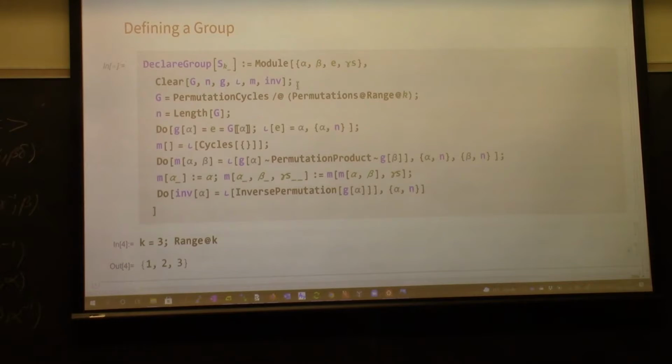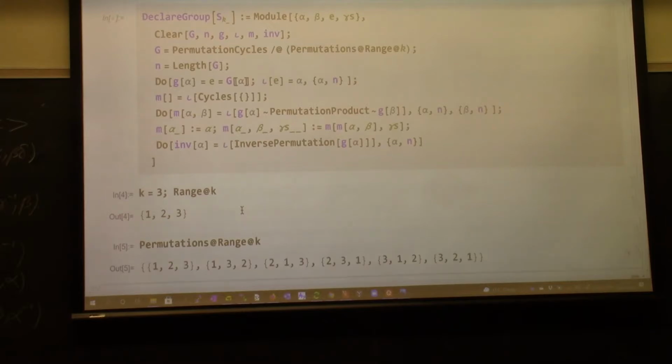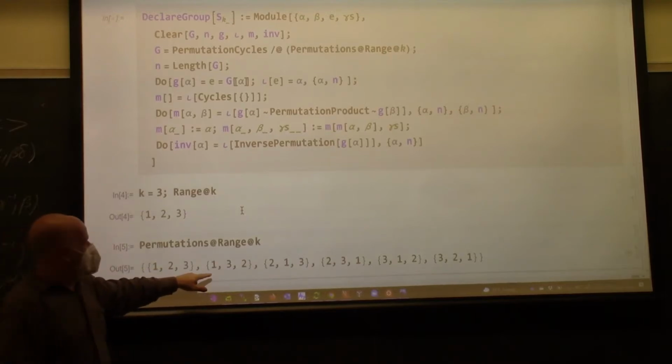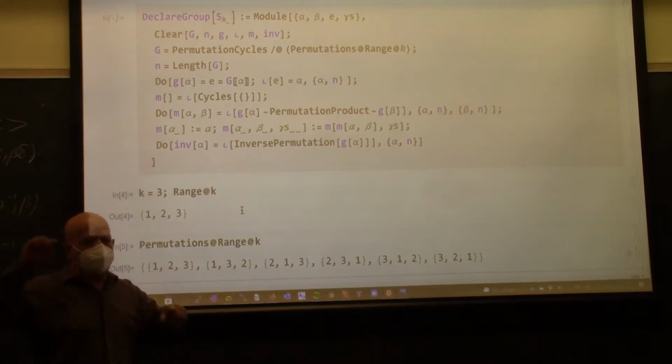And then permutations of the range of K. So I'm just using built-in things in Mathematica. It's kind of nice when you have all the basic mathematics already implemented, and you can then just write on top of this. So permutations of the range of K is, well, the 6 permutations, but they are written in,